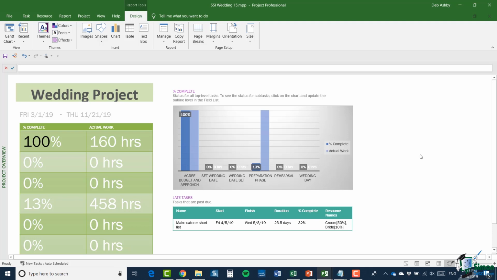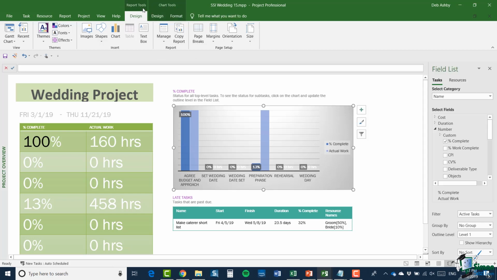The report itself is made up of a number of components, and you notice that at the moment when I've opened the report I have a contextual tab on the ribbon. So here we have Report Tools and a Design sub-ribbon. If I click on one of the components of the report, so if I click on the chart just here, you'll see that not only do I have the Report Tools contextual ribbon, I also then get a Chart Tools ribbon as well,